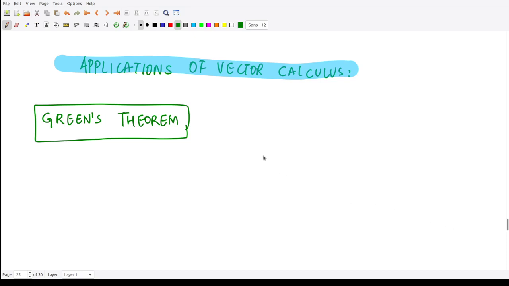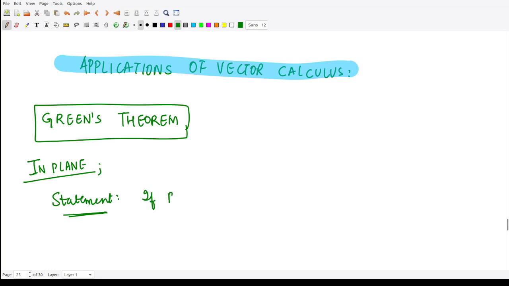Okay, so let us now discuss applications of vector calculus. First of all, we'll study what is Green's theorem. Green's theorem for plane. So whenever we are in a plane, that means in a 2D region, in that case, we can use this Green's theorem, and its statement says that